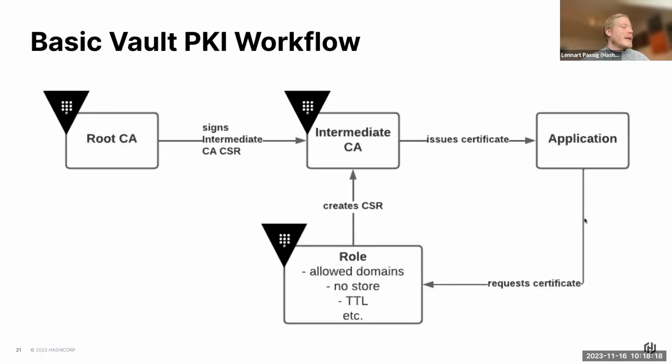And then you can combine it even more and say, all right, maybe I have a root CA right here, an intermediate CA right here, here's my application and here's my role. Here's a little bit of how it works. The signing of the intermediate CA happens via the root CA. The intermediate CA creates the certificate for an application. The application itself, before it is being issued, requests it over a role. This role eventually creates the CSR, and the certificate is done.